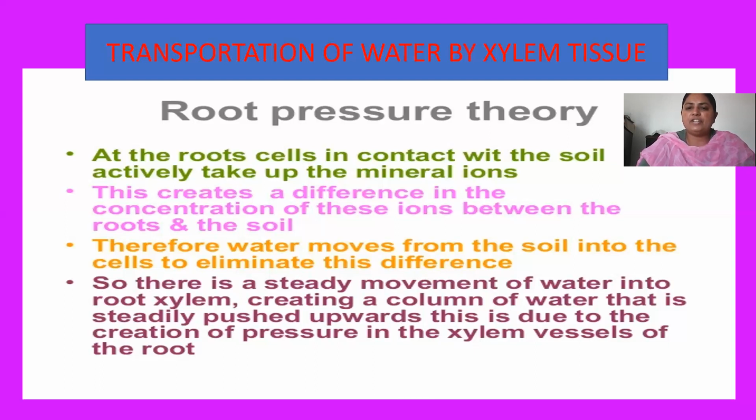Generally, water movement through root pressure takes place when the transpiration rate is very low. जब ट्रांसपिरेशन रेट बहुत कम होता है, उस समय हमें रूट प्रेशर जो है वो बिल्ड होते हुए नजर आता है, और रूट प्रेशर से जो वाटर है वो सिर्फ सर्टेन हाइट तक ही रेज कर सकते हैं. ठीक है, तो if the trees are taller trees, then in that case, root pressure cannot play a significant role in the transport of water. So root pressure is generally involved at the time when the transpiration rate is low.